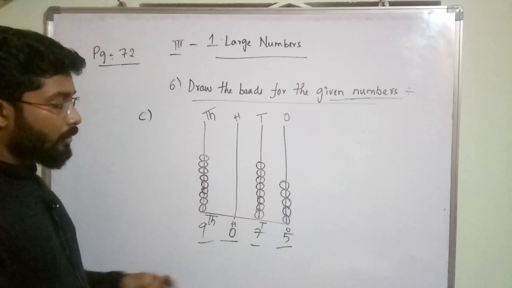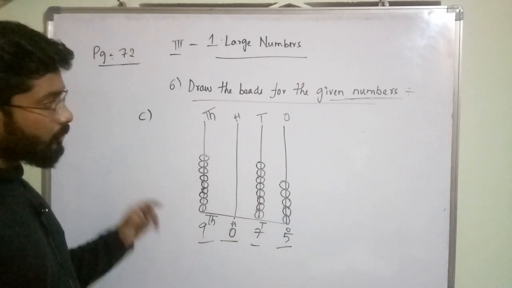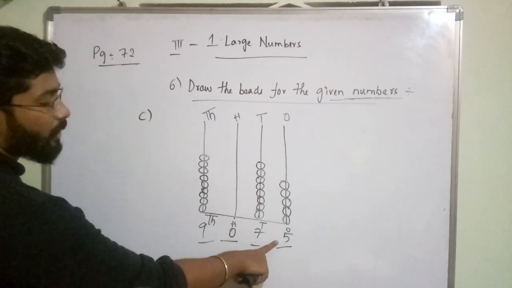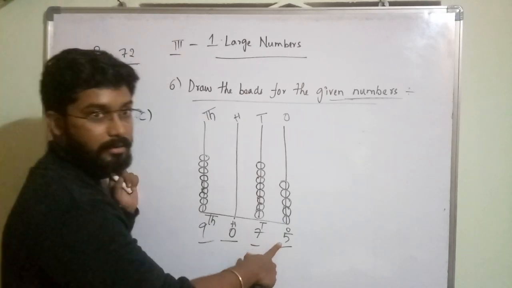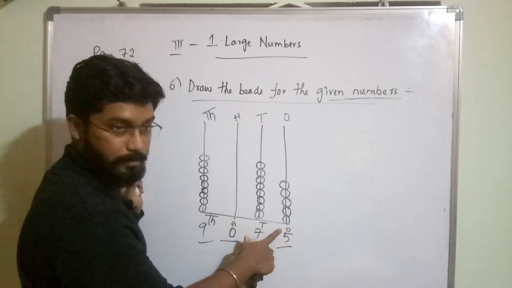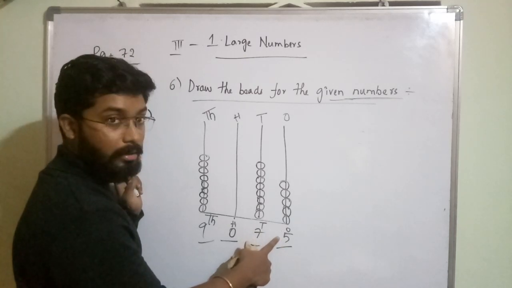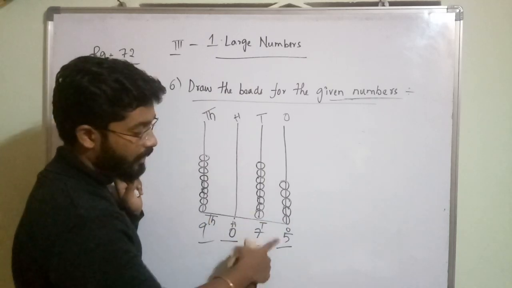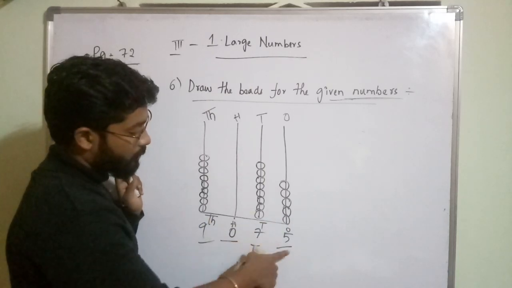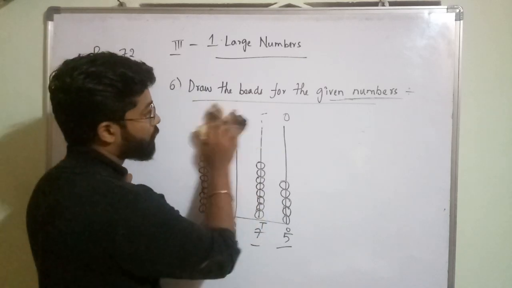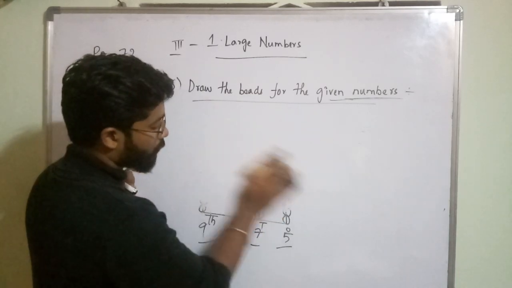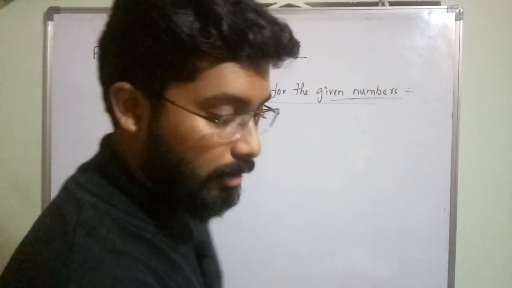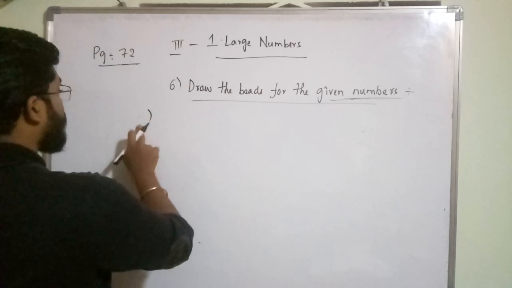Okay, you have to look at it carefully. Okay, very easy. See in which place the number is there. Suppose 5 is in ones place, no? So I have to draw how many beads in the ones rod? 5. Okay, like that you have to check. So if you see 2-3 problems, you can understand what you have to do. So let's continue with D.